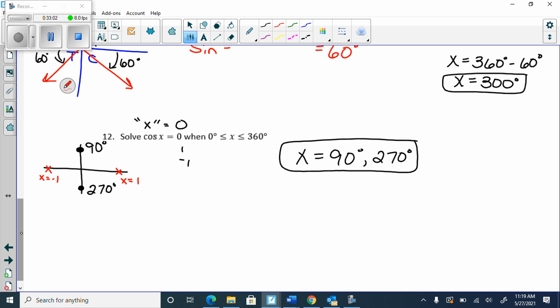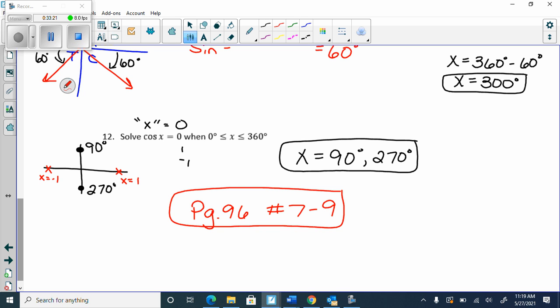So we're still on page 96. You're doing numbers 7 to 9. We have 17 minutes. Page 96, numbers